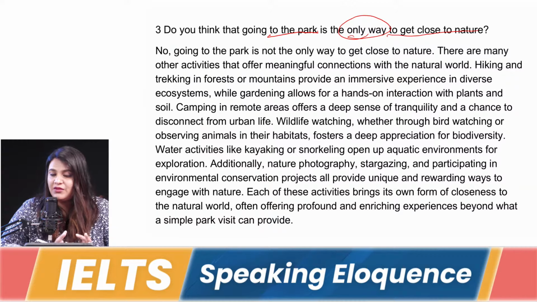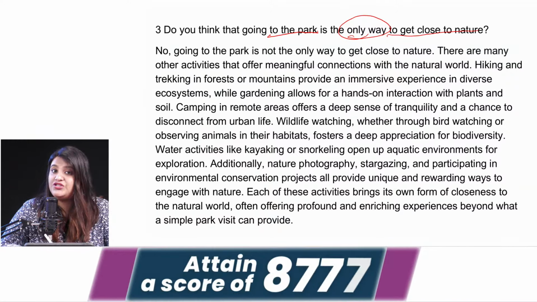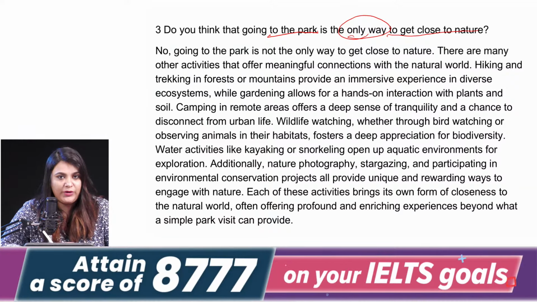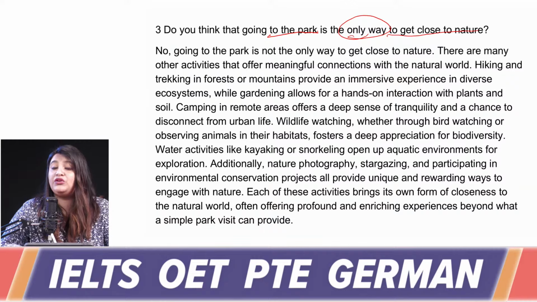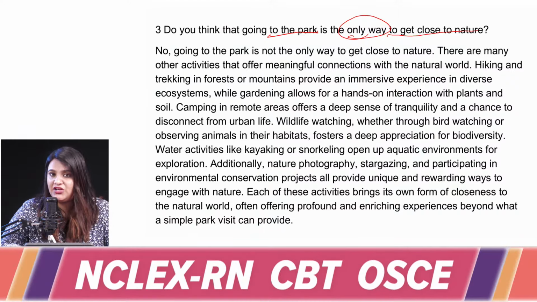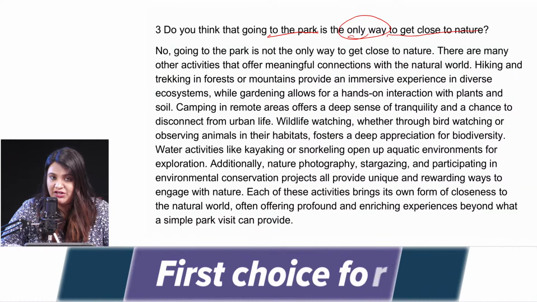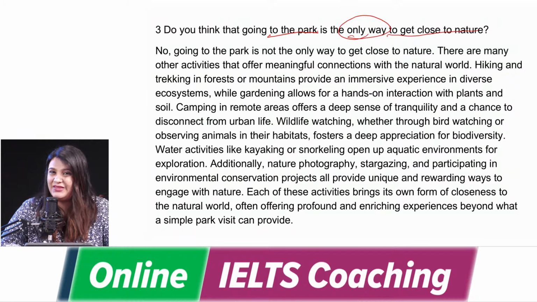So ഇവിടെ നമുക്ക് മെയിൻ ആയിട്ട് ഒറ്റ ചോദ്യമേ ഉള്ളൂ, നേച്ചറായിട്ട് ക്ലോസ് ആവാനായിട്ടുള്ള ഒറ്റ വഴി പാർക്കിൽ പോകുന്നതാണോ എന്നുള്ളതാണ് ചോദ്യം. സോ യു ആർ സെയിങ് സർട്ടൻലി നോ. ആ നോ പറയുമ്പോൾ അതിന്റെ കൂടെ നമുക്ക് സപ്പോർട്ട് ചെയ്യാനായിട്ട് എന്ത് വേണം, വേറെ പല വഴികളിൽ കൂടെയും നേച്ചറായിട്ട് കുറച്ചുകൂടെ ക്ലോസ് ആവാം എന്നുള്ള എക്സ്പ്ലനേഷൻ നമുക്ക് കൊടുക്കാൻ പറ്റണം അല്ലേ. സോ ലെറ്റ്സ് ഗോ ത്രൂ ദിസ് ആൻസർ വൺ മോർ ടൈം ആൻഡ് ലുക്ക് അറ്റ് ദി വൊക്കാബുലറി ദാറ്റ് ഐ